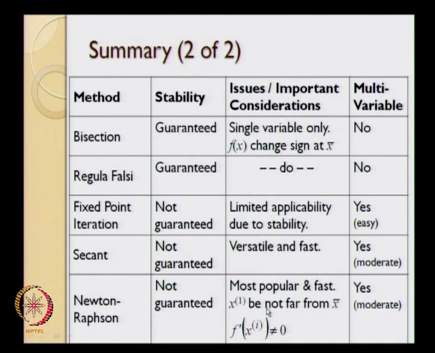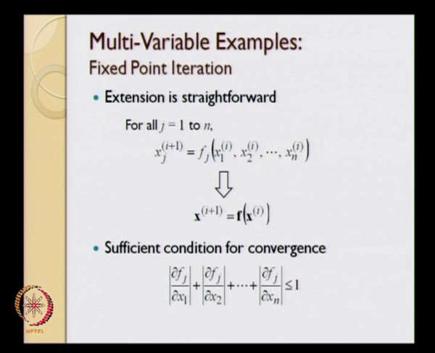So a requirement for Newton-Raphson's method to continue is that f prime should not be equal to 0. Likewise, we should start with an initial guess which is not far away from the solution x bar. It is applicable to multivariable systems, and that is why we considered Newton-Raphson's for multivariable systems, as well as fixed point iteration for multivariable systems. The extension of fixed point iteration to multivariable systems was straightforward. It follows the same idea that we used in the Jacobi iteration.